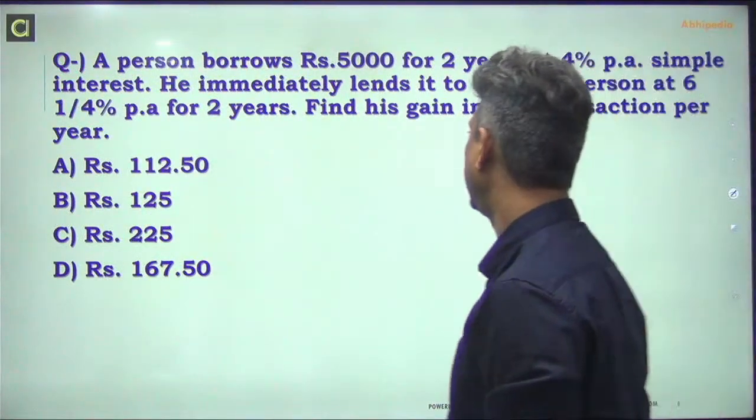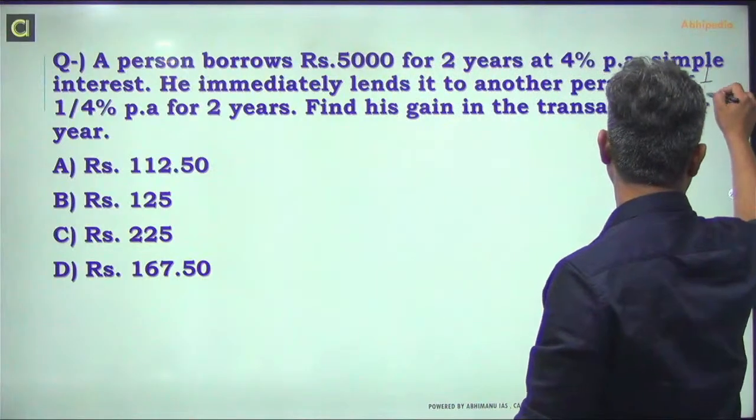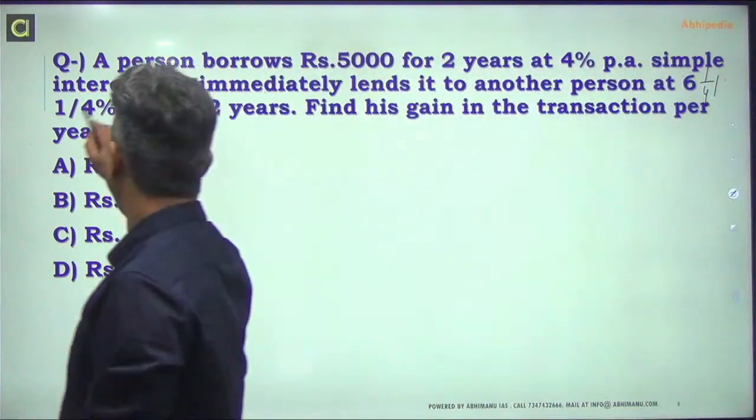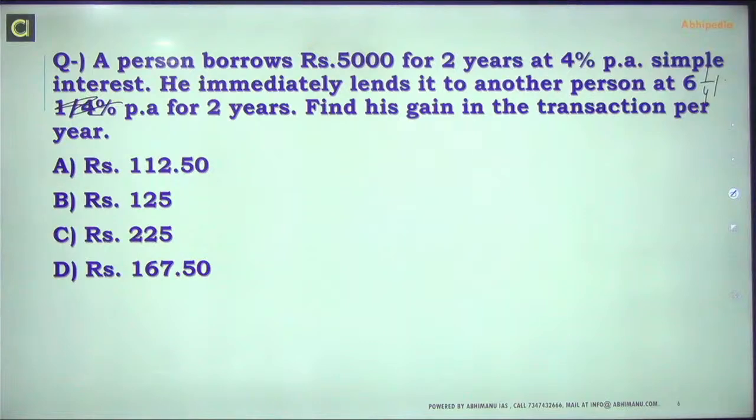A person borrowed at 1 by 4%. If a person borrowed rupees 5,000 for 2 years,